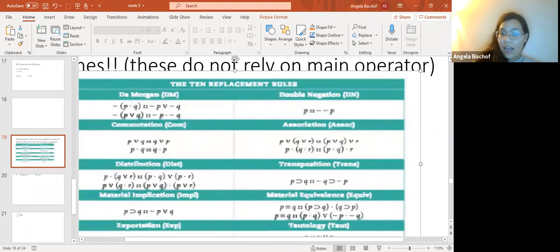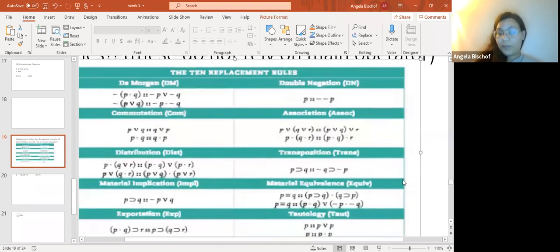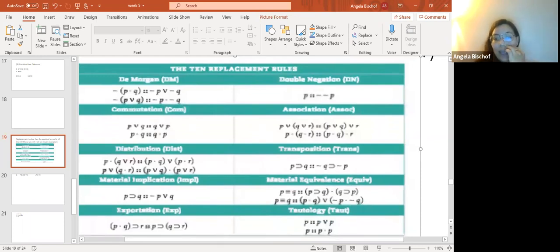Another pretty easy one, but not as intuitive, is transposition. In this case, we have if P then Q. We can flip the antecedent and the consequent and add negations, and we get a logically equivalent statement. So the statement, if it's raining, then it's cloudy, is logically equivalent with if it's not cloudy, then it's not raining. And again, that kind of tracks our intuition of necessary sufficiency involved in conditionals, which I don't want